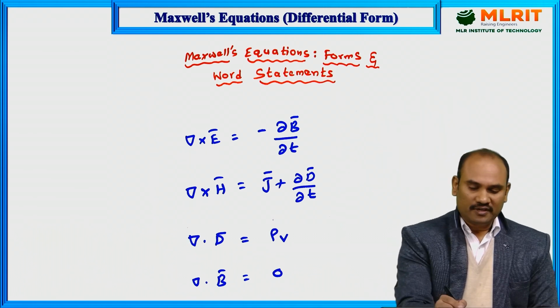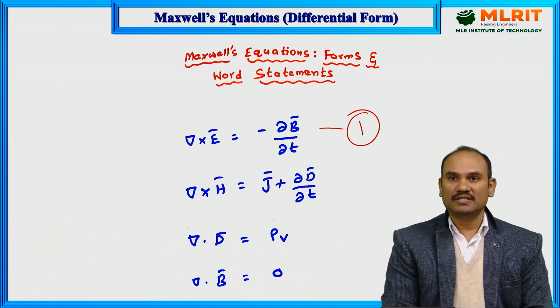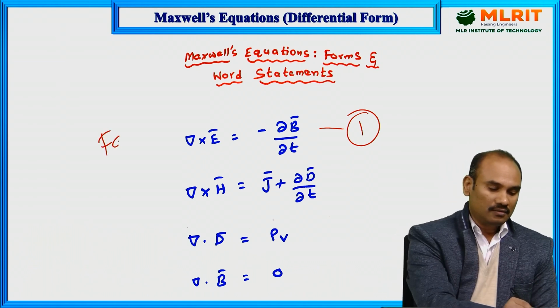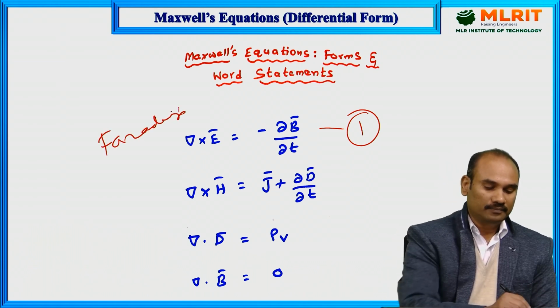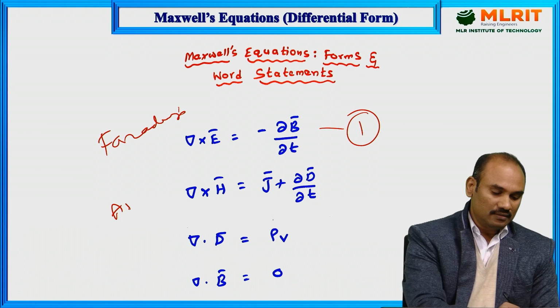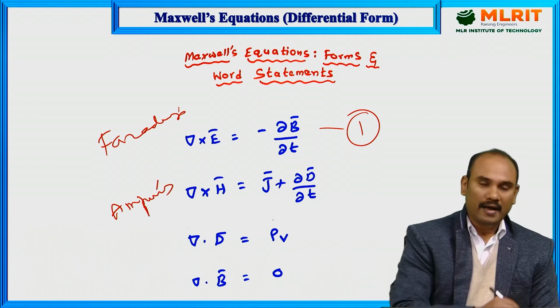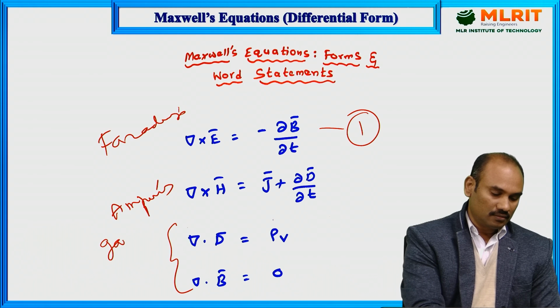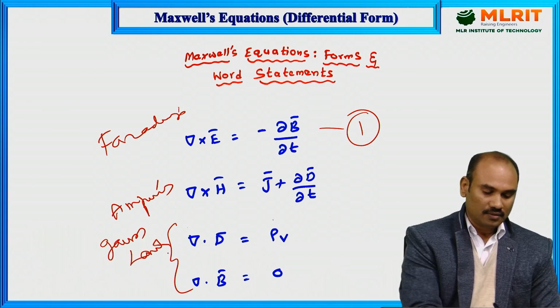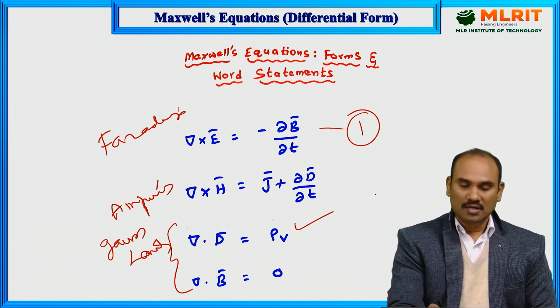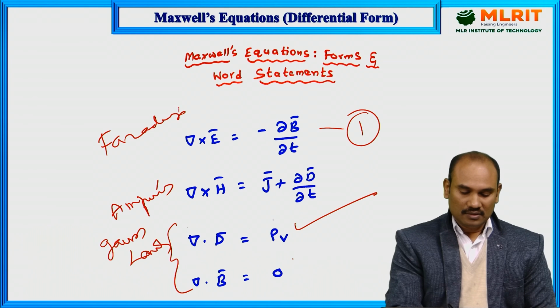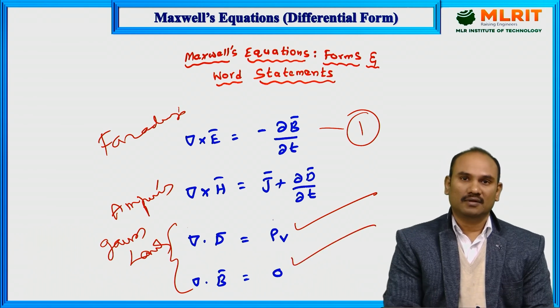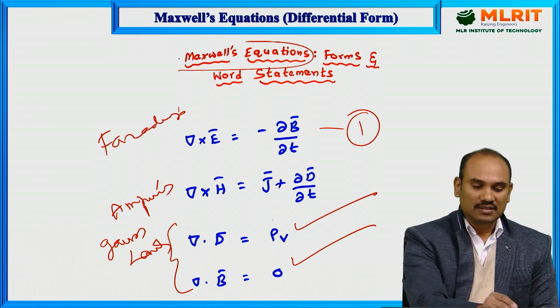Now, coming to the first one, the first Maxwell equation is based on Faraday's law, and the second equation is based on Ampere's law. The third and fourth equations are based on Gauss laws. This is Gauss law for electric domain, this is Gauss law for magnetic domain. We kept the heading as Maxwell's equations,